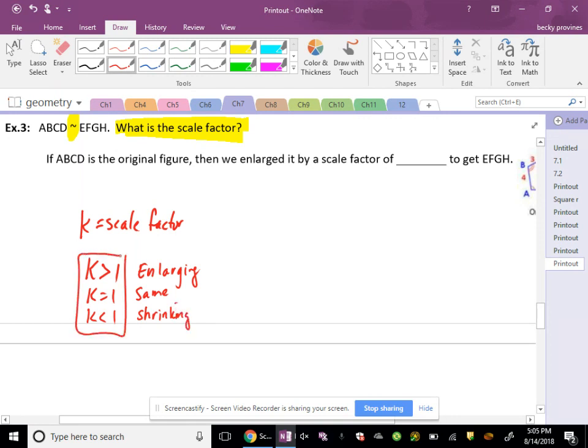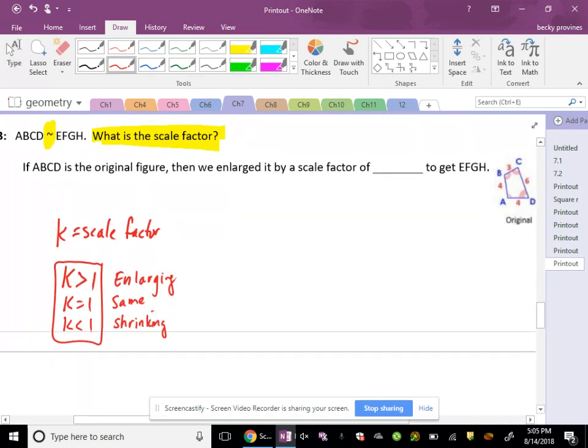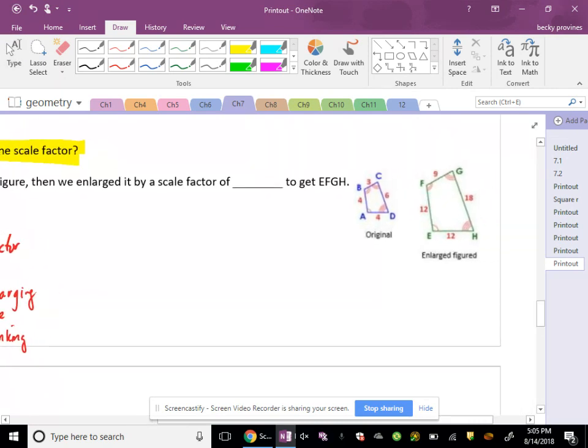So it's all about the scale factor. Is your scale factor getting bigger? Are you getting smaller? Or are you shrinking? Okay, so if ABCD is the original figure, then we enlarge it by a scale factor of blank to get